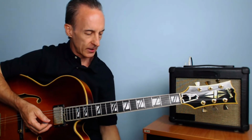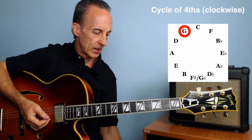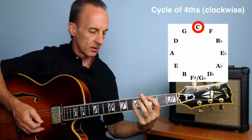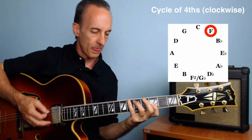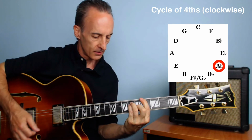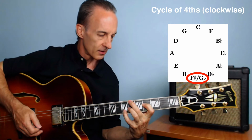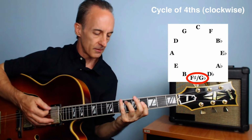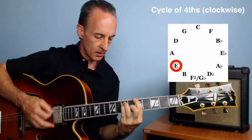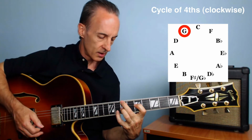If we start again in G, I'll do it kind of slowly. Let's try it together. 2, 3, 4. G, C, F, B flat, E flat, A flat, D flat, F sharp or G flat, B, E, A, D, G,